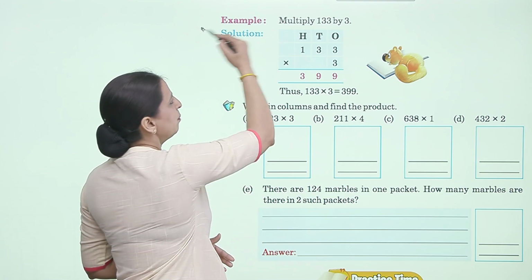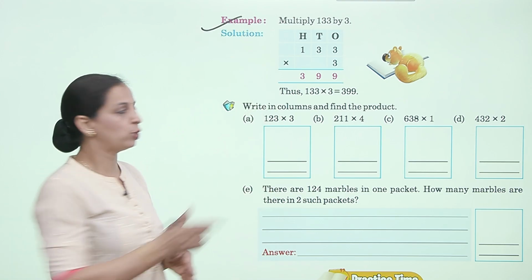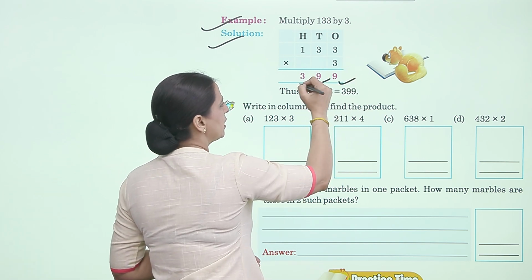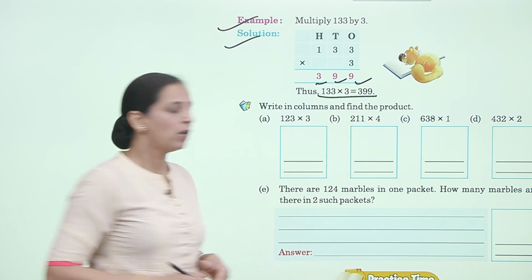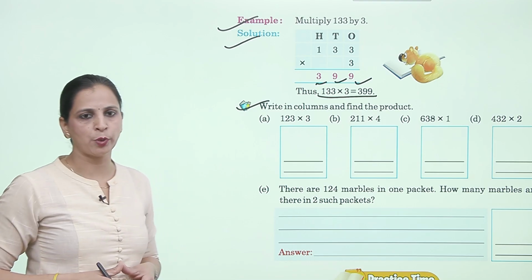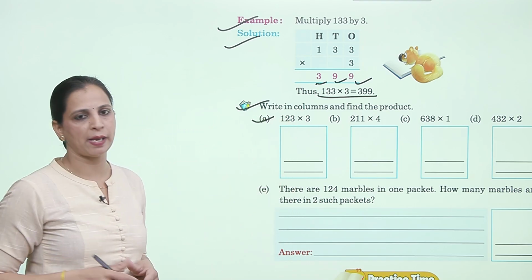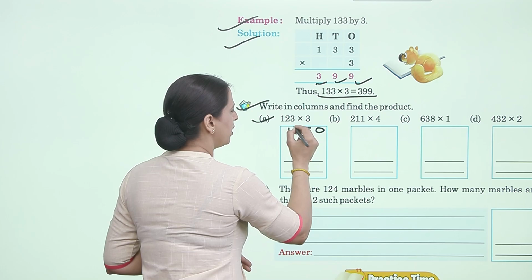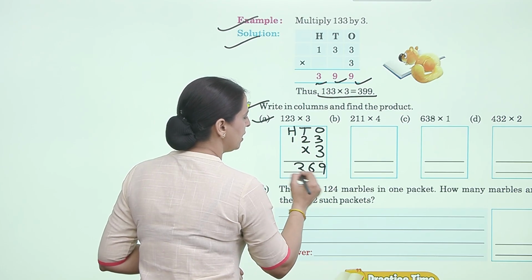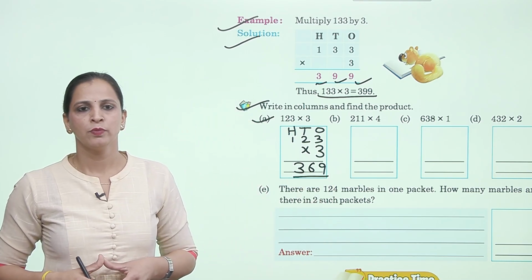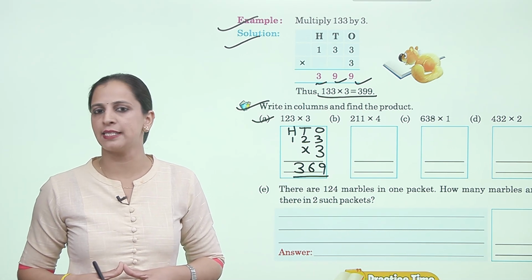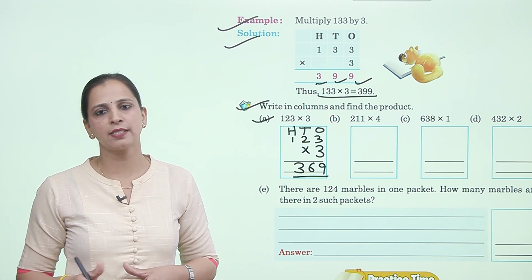Now example, मल्टीप्लाई 133 बाय 3। सॉल्यूशन करते हैं। 133 मल्टीप्लाई बाय 3, 3 3s are 9, 3 3s are 9, 3 1s are 3, आंसर इज 399। Thus 133 मल्टीप्लाई बाय 3 is 399। नाउ राइट इन कॉलम्स एंड फाइंड द प्रोडक्ट। ए पार्ट 123 मल्टीप्लाई बाय 3, तो ones tens and hundreds, 123 multiply by 3, 3 3s are 9, 3 2s are 6 and 3 1s are 3, आंसर इज 369। तो बच्चों सेम मेथड को यूज करते हुए एक्सरसाइज आप खुद ट्राई करेंगे। आई होप आपको चैप्टर समझ आया, इसका रिवीजन आप खुद करेंगे।